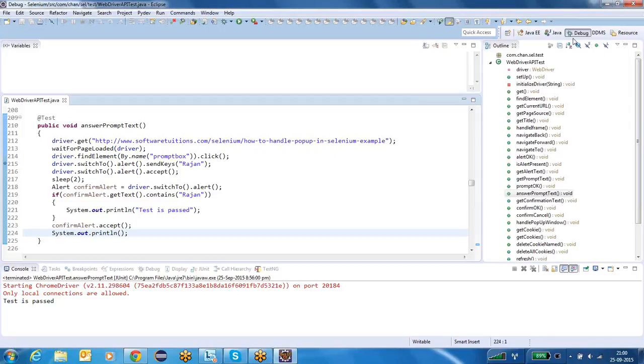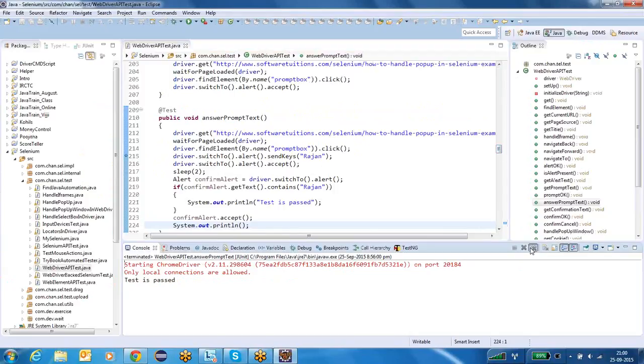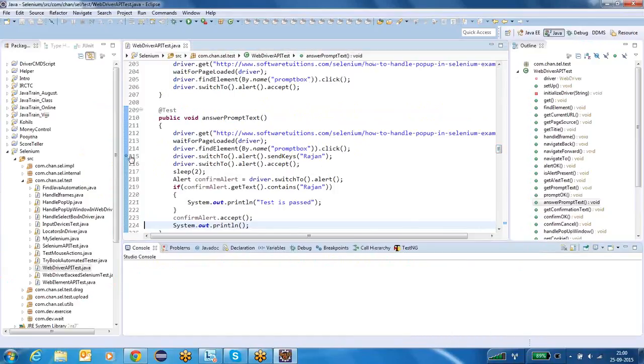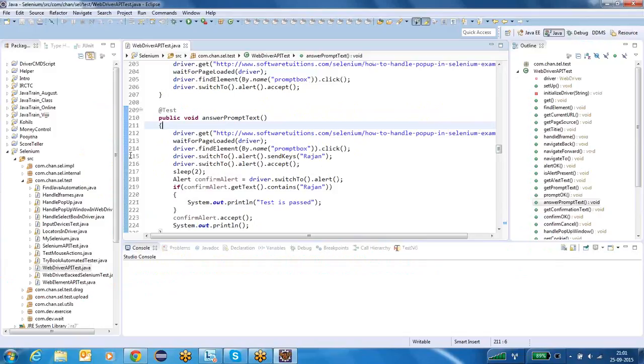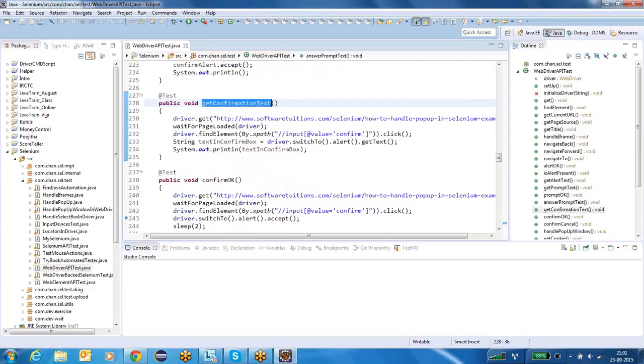Now we will have a look into the confirmation box text. For confirmation present also we will implement in the same way.